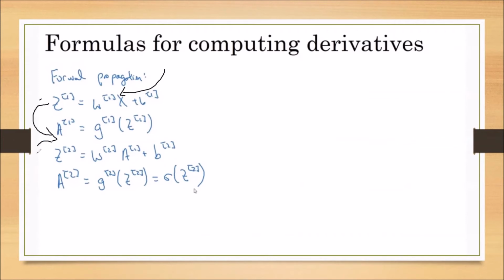By using the activation units of the first layer, we have calculated Z2. By using Z2, we have calculated the activation units of the final layer. The activation units of the output layer are nothing but sigma of Z2. This sigma of Z2 is what we are calling the predicted output. So the predicted output of all M training samples we get in a single matrix, that is capital A.